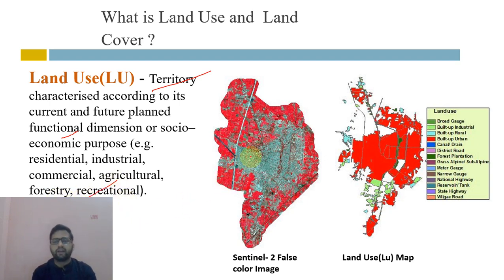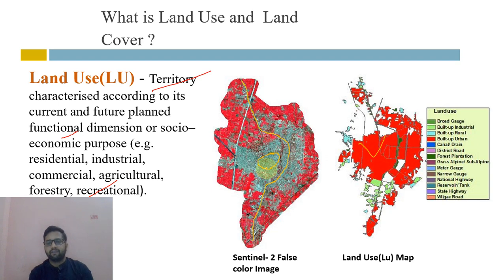Now we can see another map, of land use, created from the Sentinel-2 image. Here the gray and white is the settlement. Settlement is represented here as a red color. Then we can see another, a linear feature, that is the road. Road is another of the land use features.